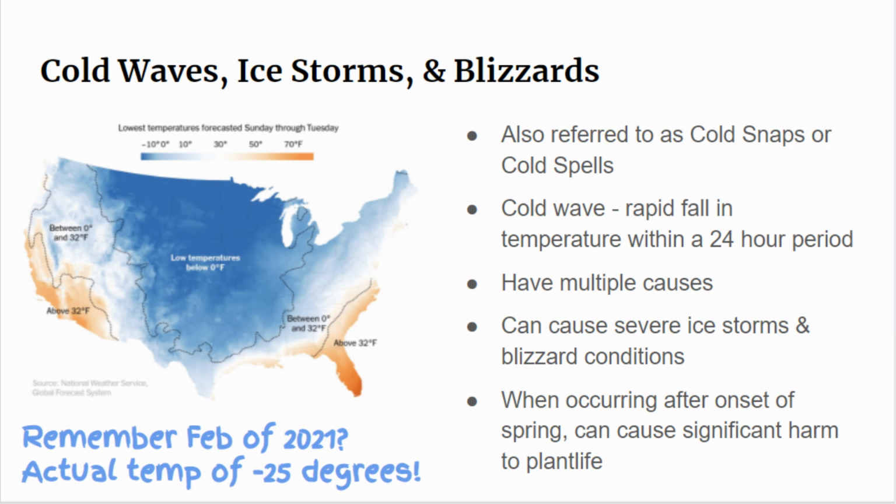Cold waves, ice storms, blizzards. You experienced that cold snap in February. We've had ice storms in the past with grapefruit-sized hail, volleyball-sized hail, blizzards. We've had several of those where there's been whiteout conditions, you haven't been able to drive. We've gotten feet of snow. It doesn't happen very often here in the Midwest, but when I lived in New York, we regularly got feet of snow at a time.